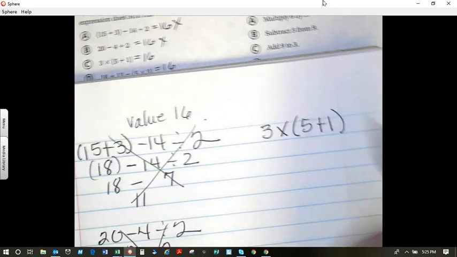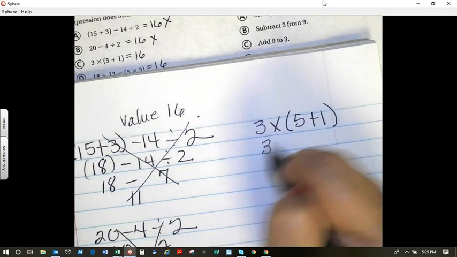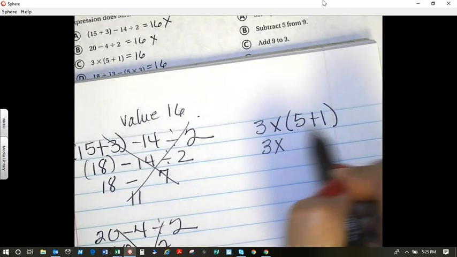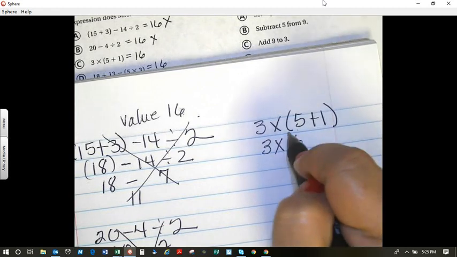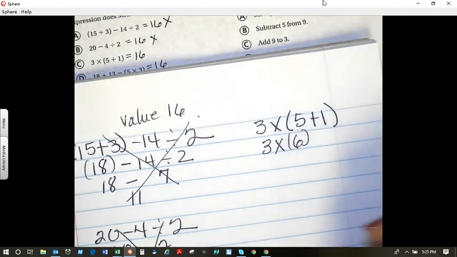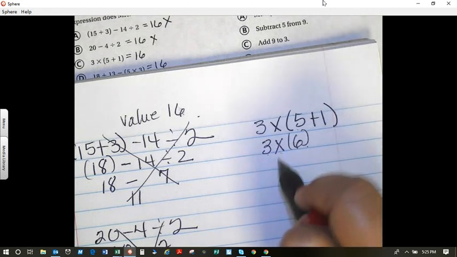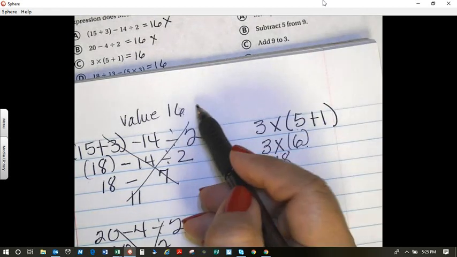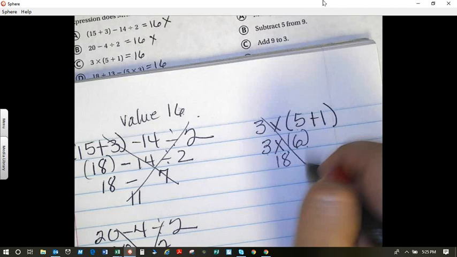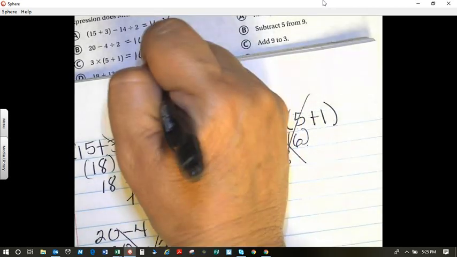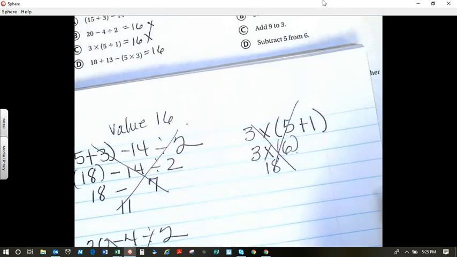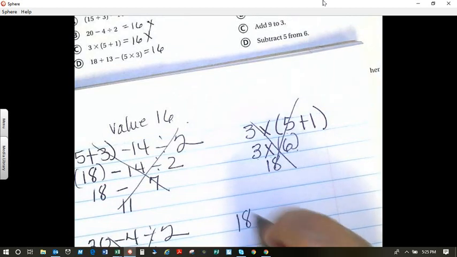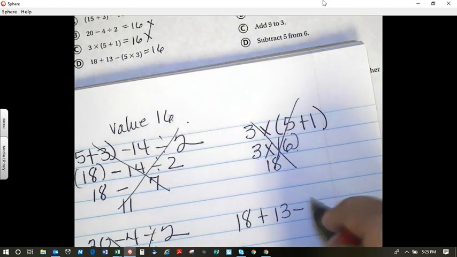Okay, 5 plus 1 equals 6. Bring down my 3 times, and it's 3 times 6 equals 18. That doesn't give me my value of 16, so that won't work either. Now the last one, let's see what that is. I have 18 plus 13 minus 5 times